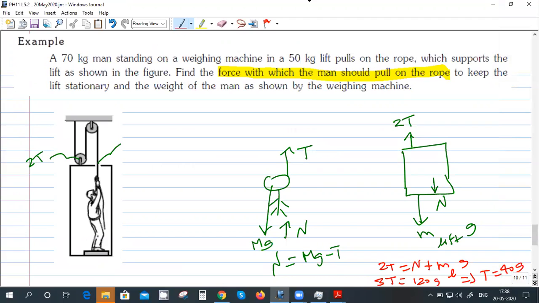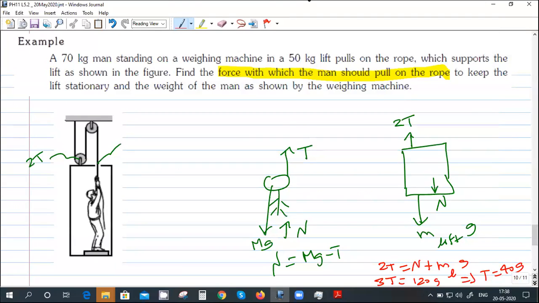Yes, sir. I got this concept now. See here, this is an important one. Let me repeat it. See here, this downward force is the normal force. This should not be the weight of the man. It's just a normal reaction. The weighing machine will sense the normal reaction, not the weight of the man. So N is